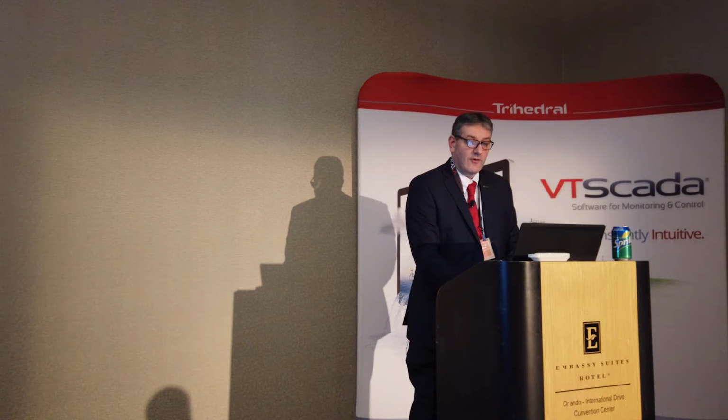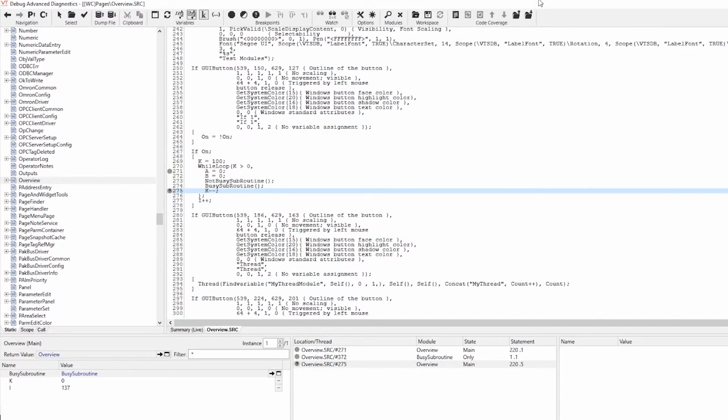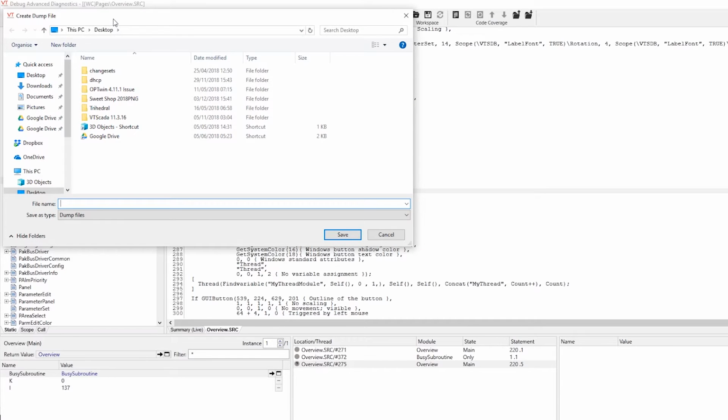The way you take a crash dump is up here on the toolbar. The icons look like little barrels with arrows going up and arrows going down. We're going to do the arrow going down. We're going to create a dump file. So I click on that, and it asks for a location. I'm just going to put it on my desktop here and give it a name, crash dump 1,